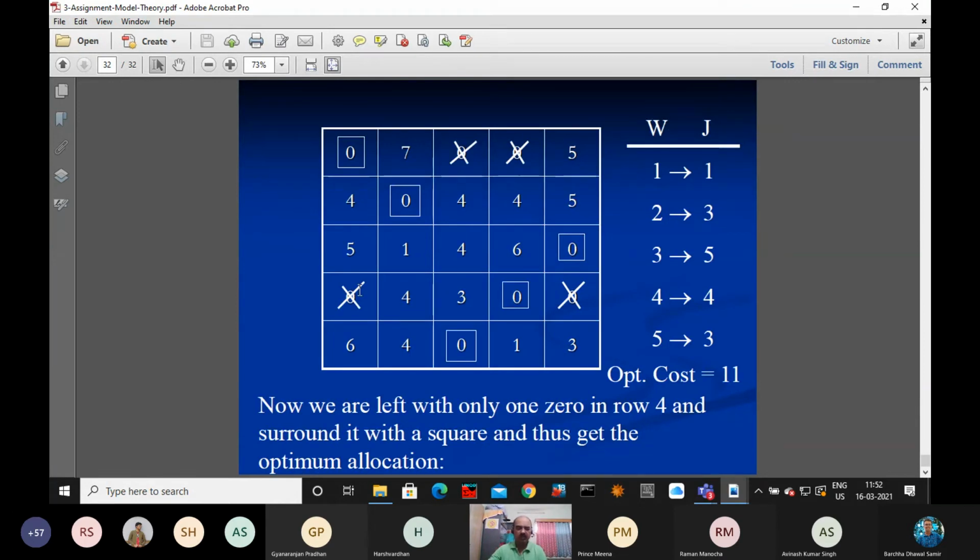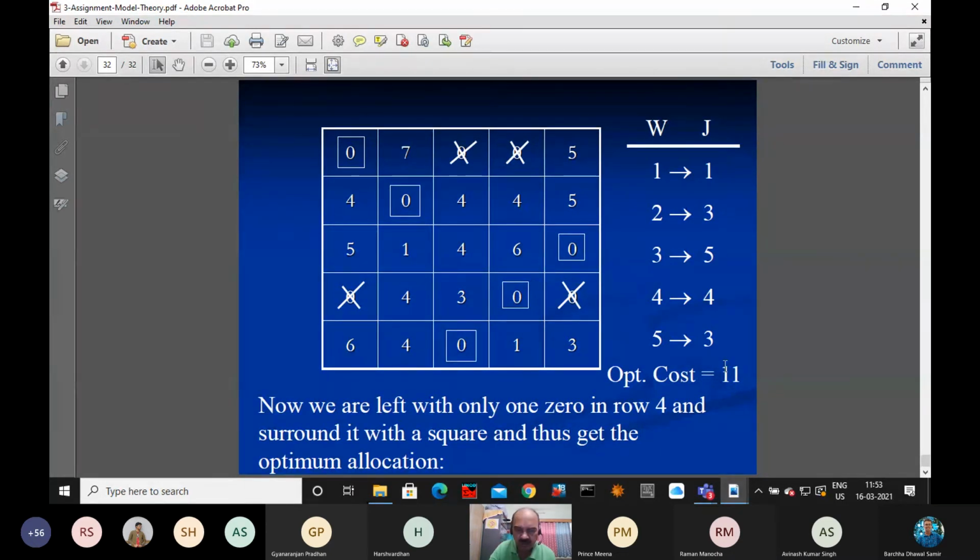So we have assigned this and we have assigned to this, and every row and every column there is an assignment. So see, in this problem, say every row, first column, second row, third row, fourth row, fifth row, first column, second column, third column, fourth column, fifth column. So every row and every column has a 0. So we have assignment. Now what is the cost here? Optimal cost. The optimal cost is given as 11 units.